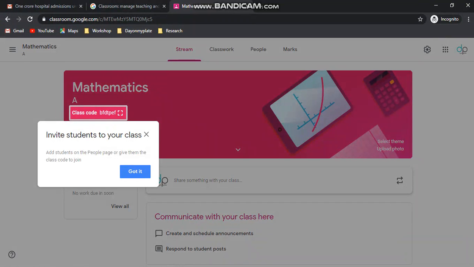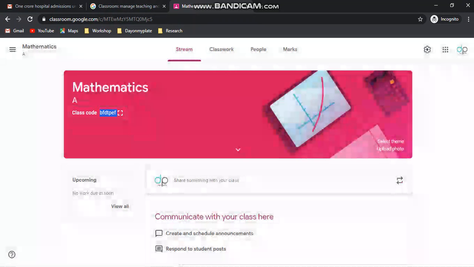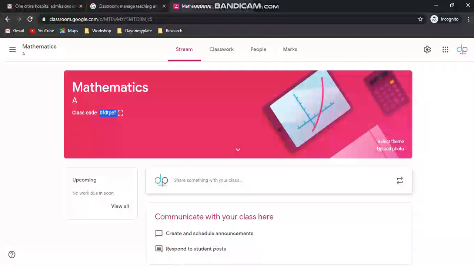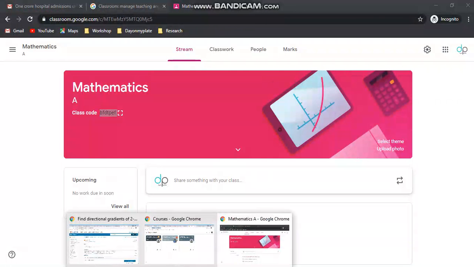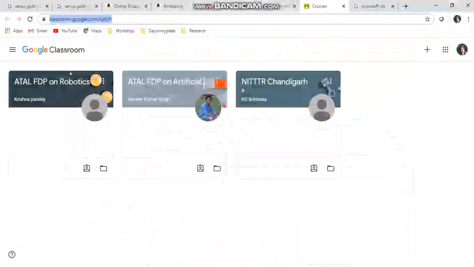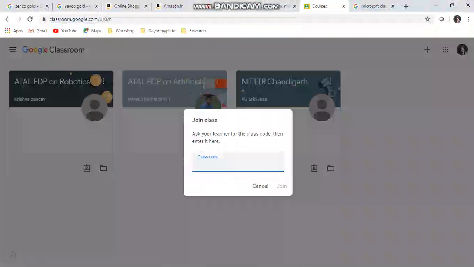They can take this class code in this way, okay, and when they want to join any class, then they can give this class code. So I am opening the Google Classroom with my own account and trying to join the class, and I give this class code and join.